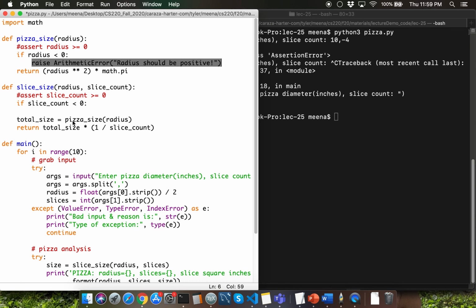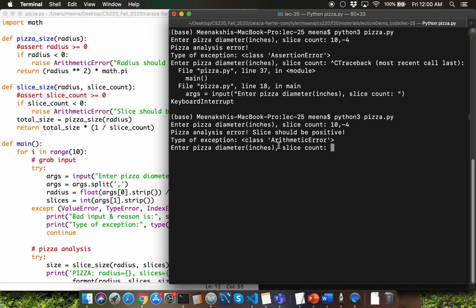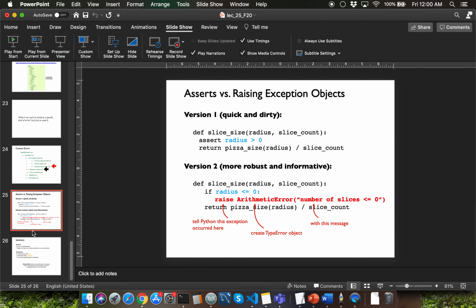And this time I'm going to raise an arithmetic error saying that slice should be positive. Okay, so let's try the input value one more time, and now instead of getting assertion error, we are getting arithmetic error. Alright, that's it for today's lecture.